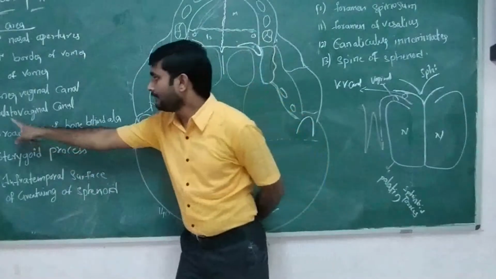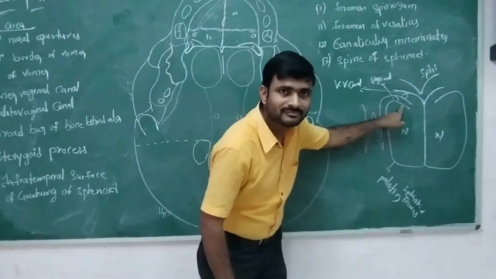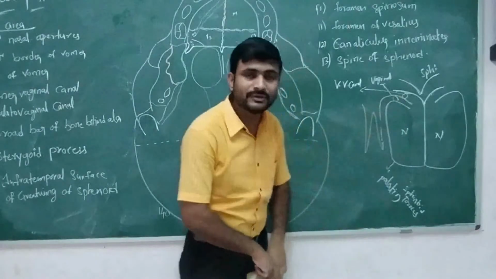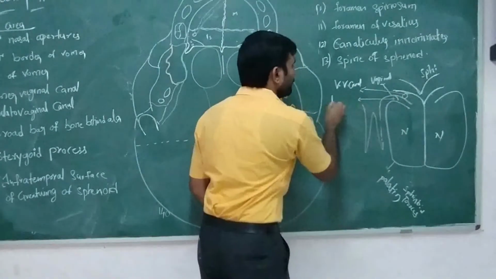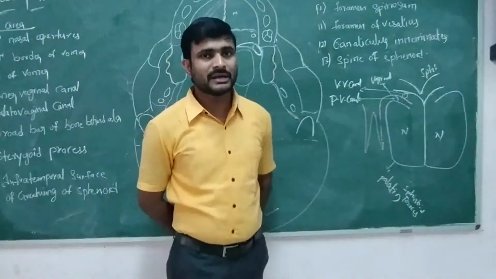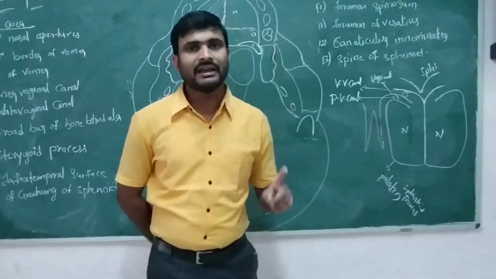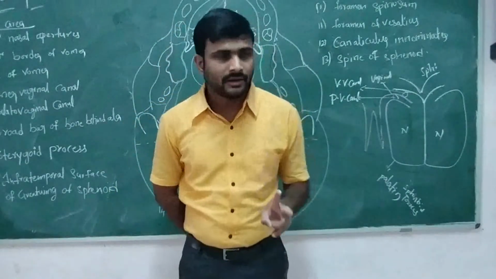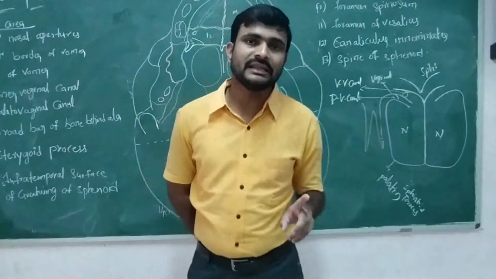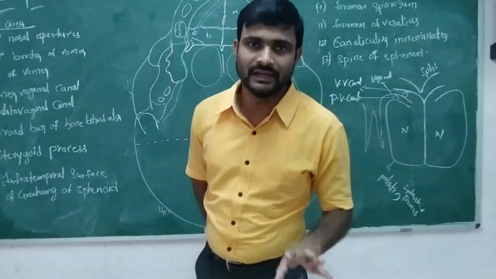Then next, see, the palato-vaginal canal. This is the palatine bone, and this is the vaginal process of the pterygoid. The canal in between is called the palato-vaginal canal. So what structures are passing here and here? Through the vomero-vaginal canal, the pharyngeal nerve and vessels pass, and through the palato-vaginal canal, the third part of the maxillary artery and the pterygopalatine ganglion pass.